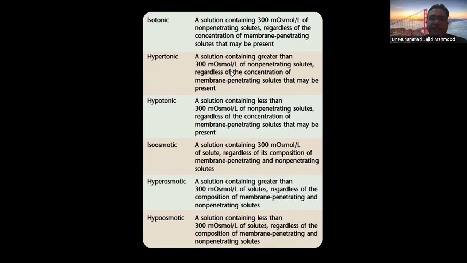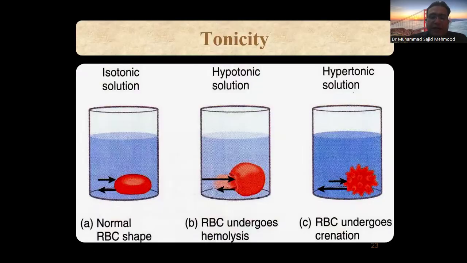सोल्यूशन कंटेनिंग 300 मिली ऑस्मोल्स पर लीटर ऑफ द नॉन पेनिट्रेटिंग सोल्यूट्स रिगार्डलेस ऑफ द कंसंट्रेशन ऑफ मेम्ब्रेन पेनिट्रेटिंग सोल्यूट्स दैट मे बी प्रेजेंट। ठीक है, तो ये मेनली बायोकेमिस्ट्री की चीज़ें हैं, लेकिन आपको पता होना चाहिए कि व्हाट इज आइसोटोनिक सॉल्यूशन, व्हाट इज हाइपरटोनिक एंड व्हाट इज हाइपोटोनिक सॉल्यूशन। इसकी इम्पोर्टेंस मेनली क्या है, कि अगर किसी पेशेंट को हम आइसोटोनिक सोल्यूशन देते हैं तो उससे